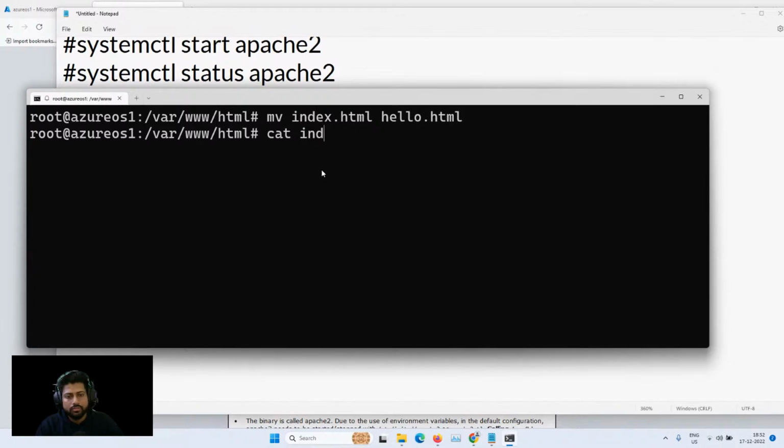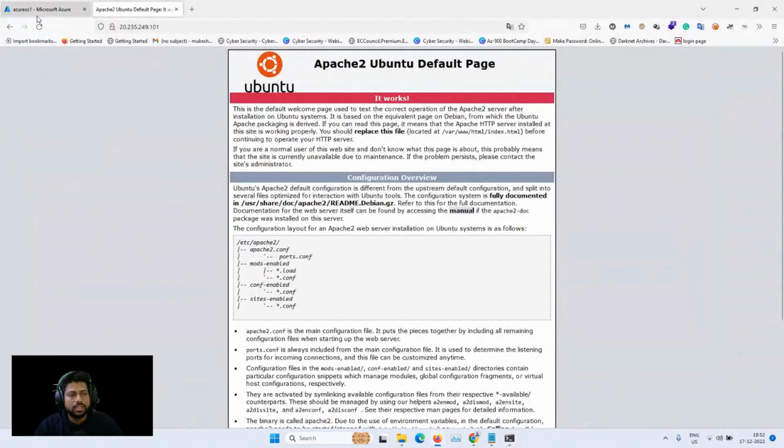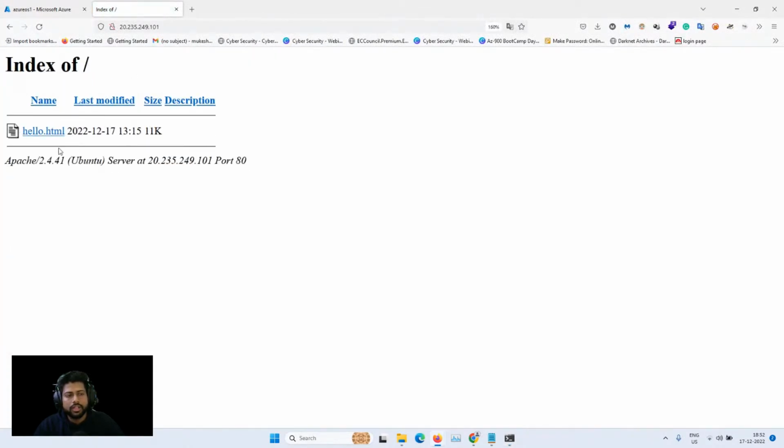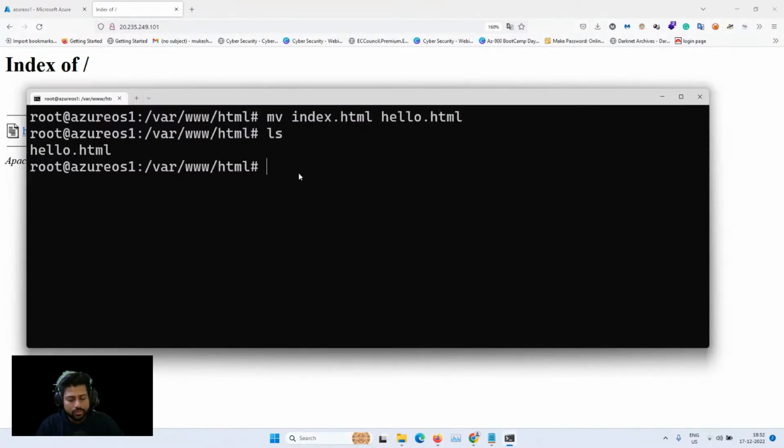I'm just moving the file. We can see I have just transferred the file code onto the hello. Now if I reload this thing, you will not get empty data. Like this is a HTML file, you will get as a download option. Okay, so what we're gonna do, I will just create one more file,